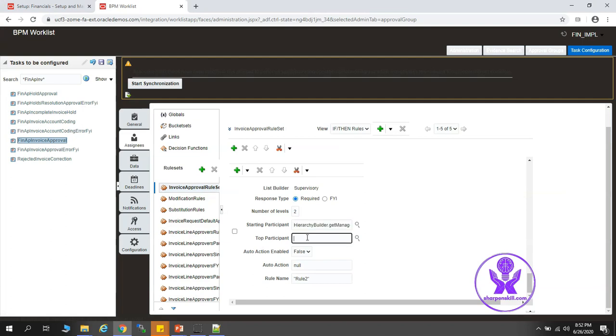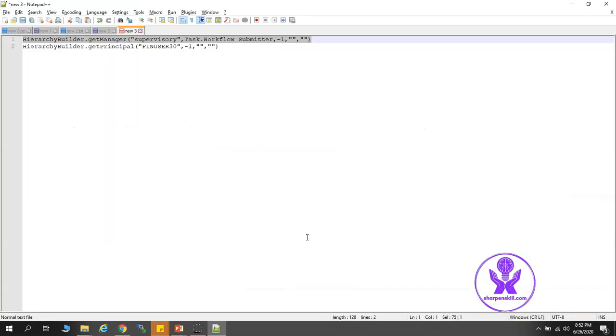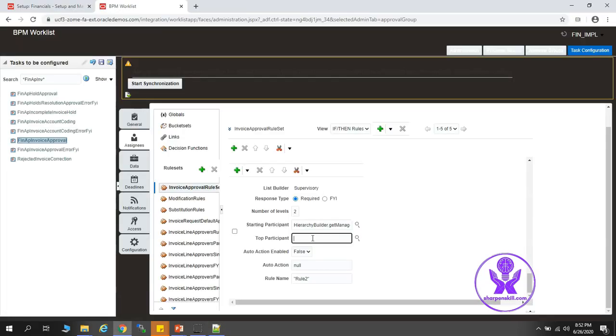Alright, now top participant. So this is something we have to give as a constant. So FinUser30 is an administrator user that we give by default. So let's enter that as top participant, right? Here I don't want it to get auto approved, so I'll make it false. Auto action will be null and rule name is rule 2.